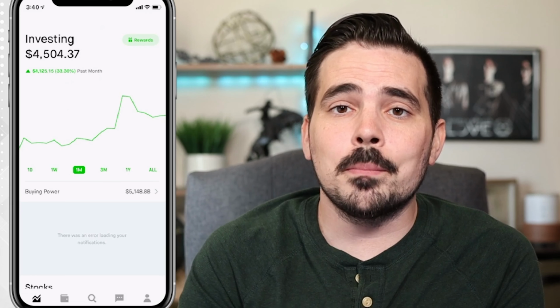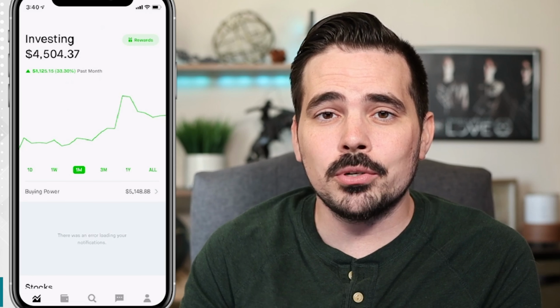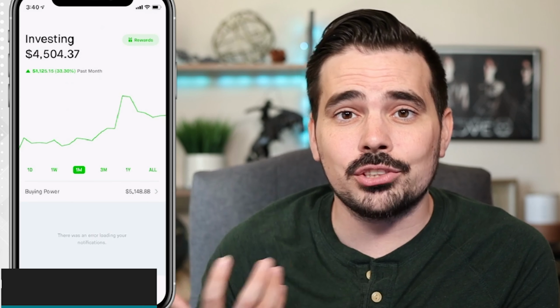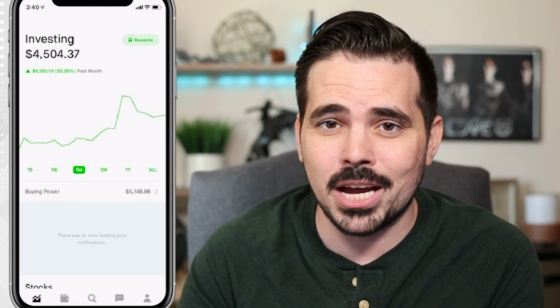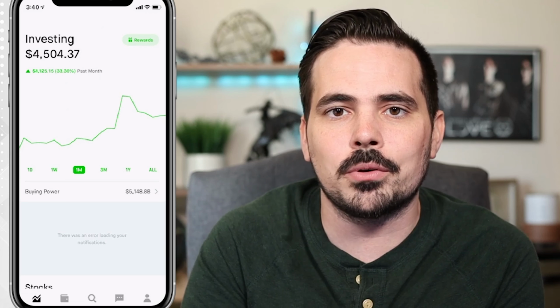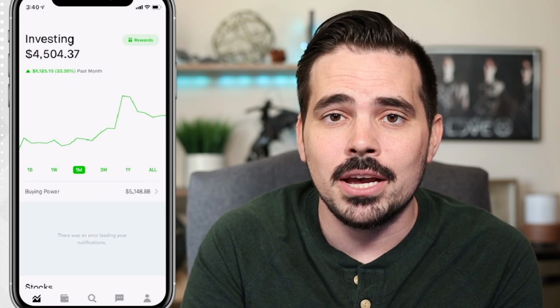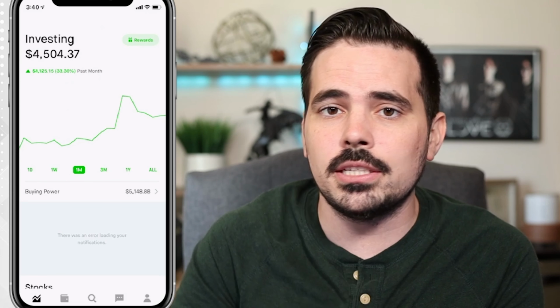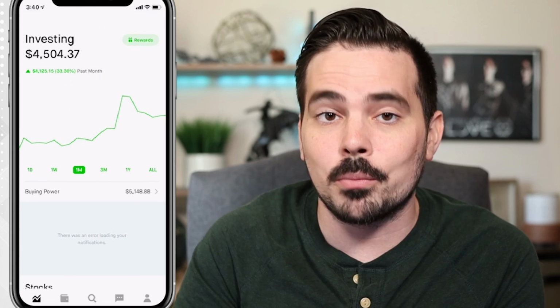So today I want to compare Robinhood versus Webull and see which one might be a better fit for you. And I thought what better way to do this than actually have the apps loaded up here in real time and take you through different platform benefits that each one might have. Now, as we go through this list and see the different features that you might find more beneficial for you,